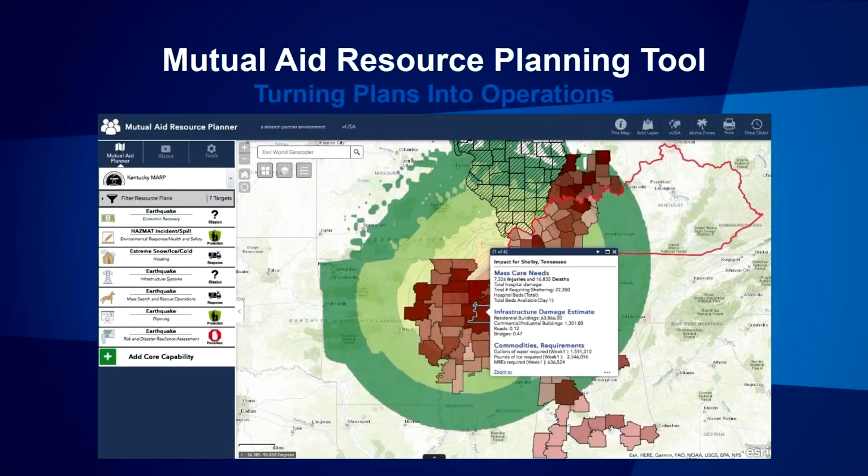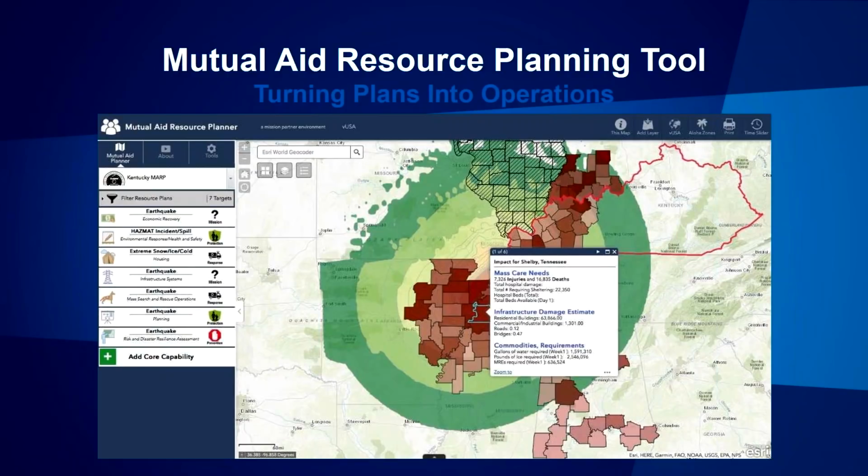Imagine right now you have a disaster and you've got this big book of plans on the shelf, and what happens when the disaster happens? That big book sits there on the shelf. So what we're looking to do is to truly take and operationalize a plan that you spent time and energy doing. So the theory is that you would go through, and let's say for a tornado, let's say that you've got a 4, 3, 2, 1 scale in there. You'd say in a level 3, I'm going to need these resources.